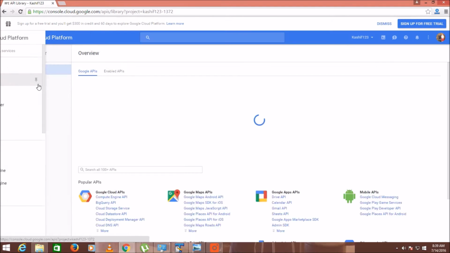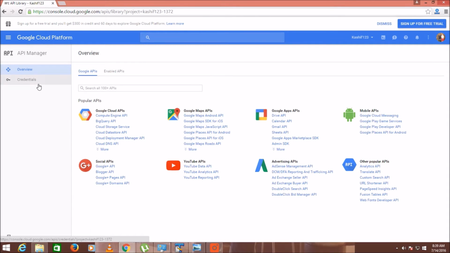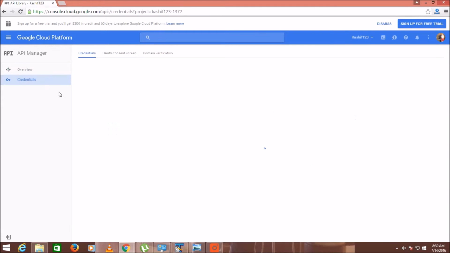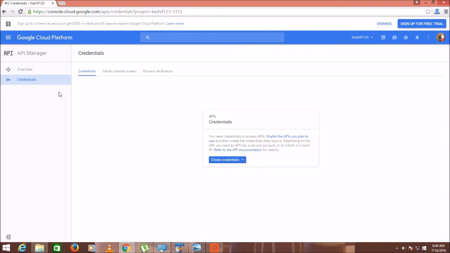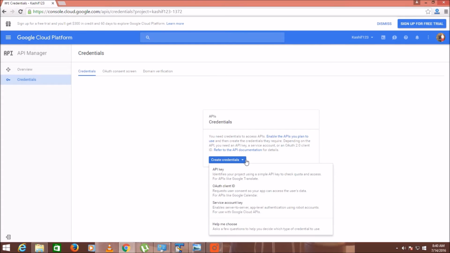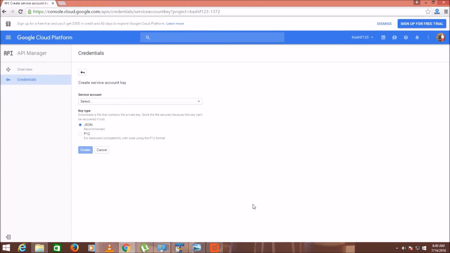Click on the API manager from the left sidebar and then on credentials. To enhance the security, the Google developers created this security key. You have to provide the location of this security key when you access your BigQuery account.